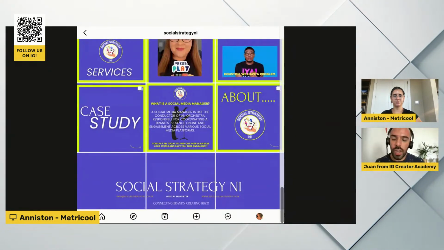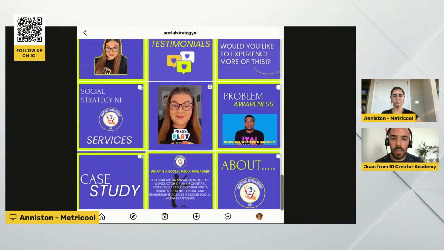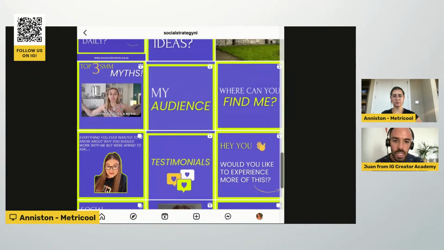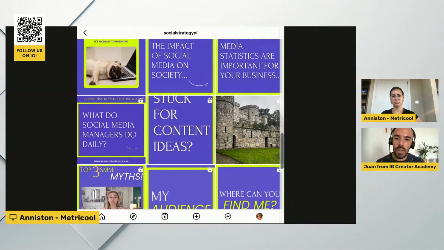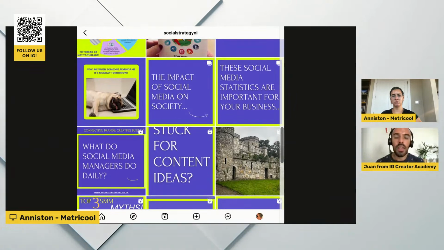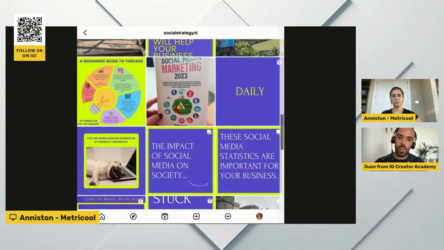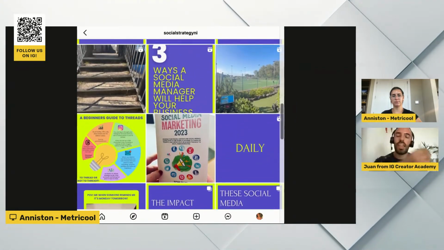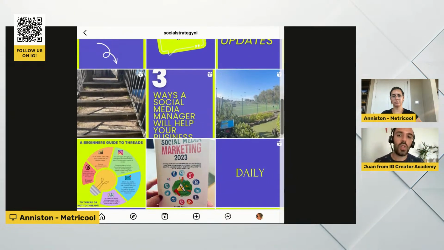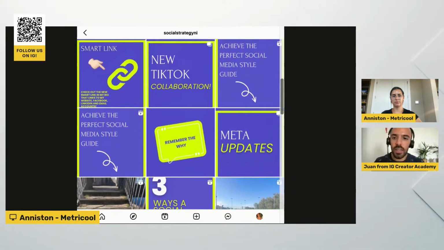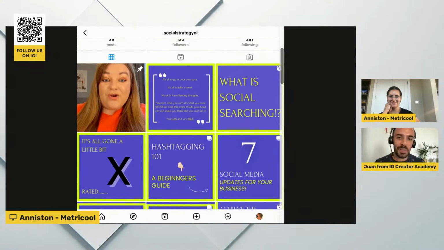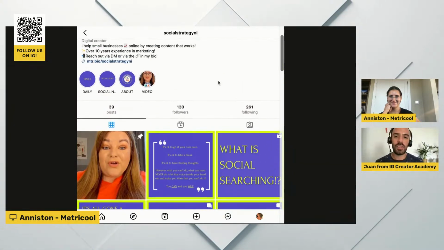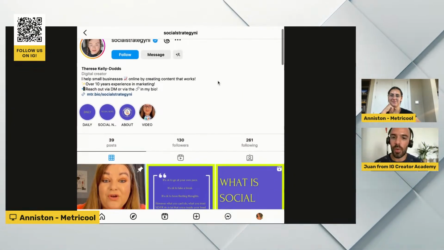But you have a great mix of content, between carousels, singles, reels. The type of content that you're creating, from what I can see, looks valuable, in alignment with what you are saying in your bio. So this one looks good. A few changes. There's always room for improvement for everyone, even myself. So I don't want anyone to feel bad because I'm saying that there's things to improve, because there's always room for improvement and for growth.